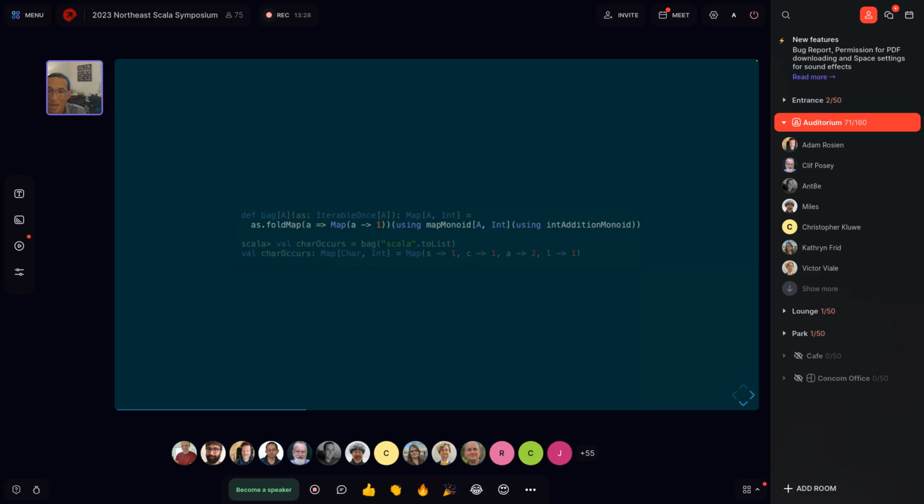It finds our map monoid given and realizes that, hey, in order to materialize this monoid, we need a semigroup for integers, and goes and finds the int addition monoid. And then, of course, in between those two, it's actually using that option monoid that we developed to actually do the combinations.